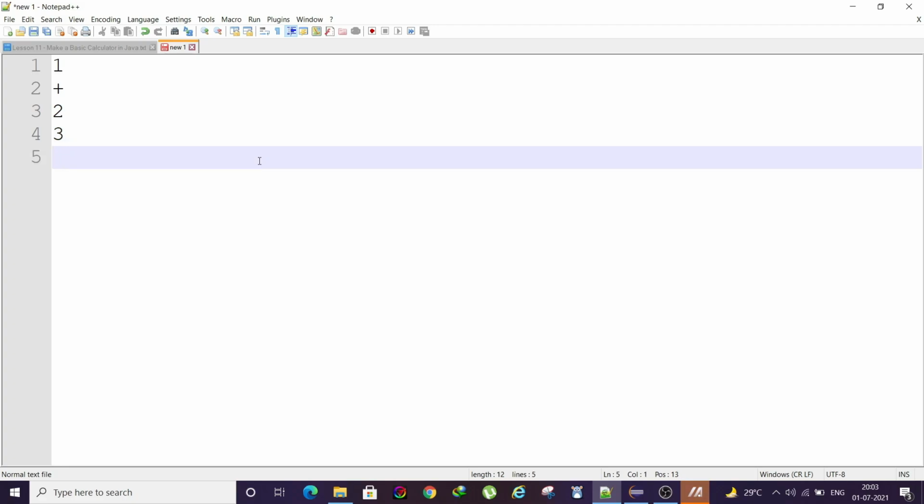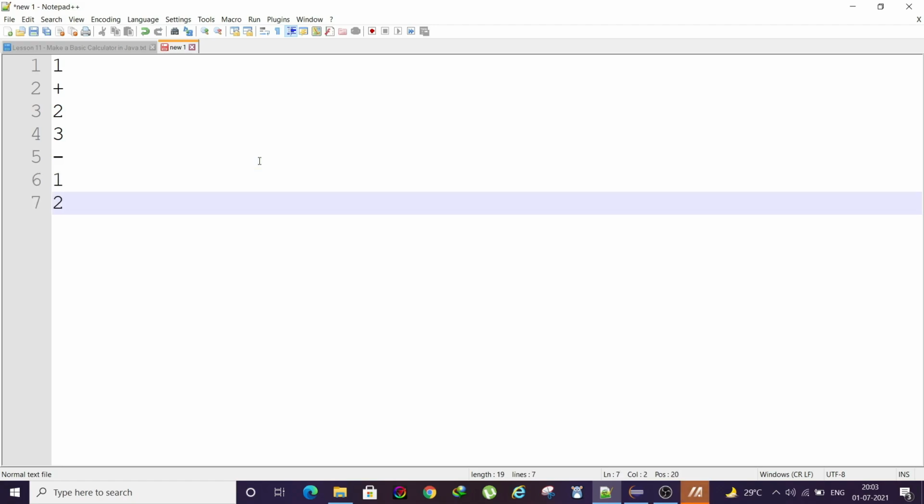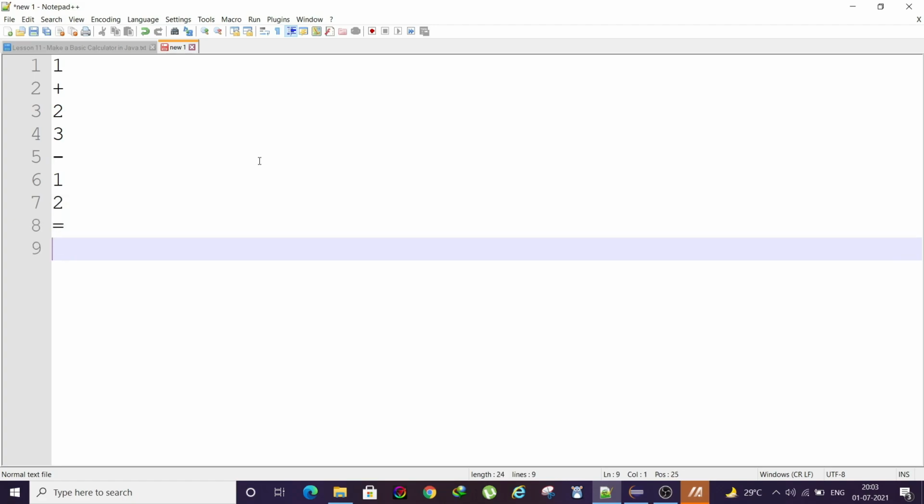Then he can continue, for example he can write minus, then enter, then 1, then again we will show the output as 2. Whenever he wants to finish his calculation, he just has to input equal to, then his output will be displayed, like 2. So this is how our calculator will work.